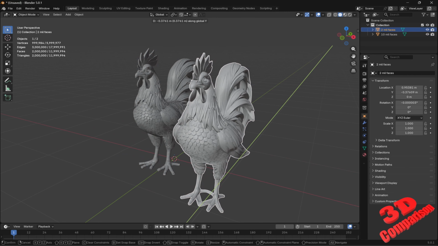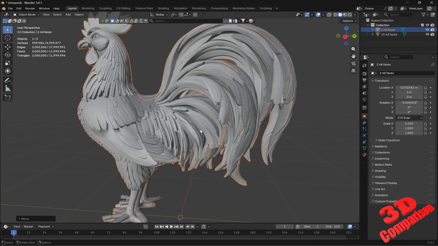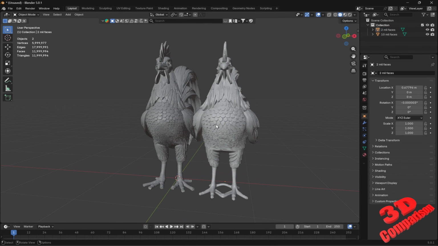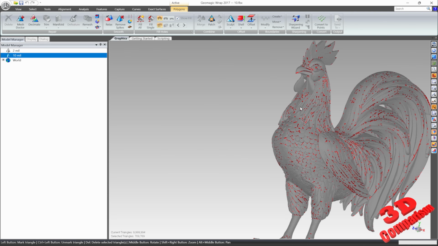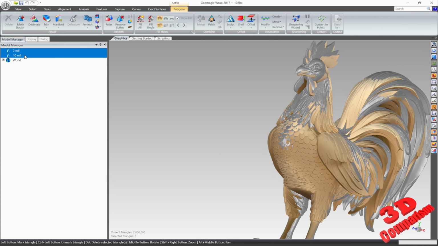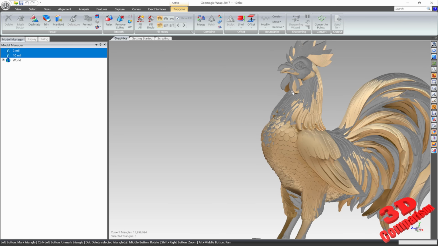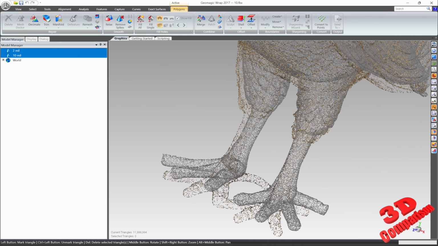Now, these two meshes, if I'm going to overlap them, keep in mind that they weren't within the same input, so I didn't fork them, I just uploaded them twice, and we see that they will overlap as follows. And within GeoMagic, again, if I show both, we're going to see that they overlap like this. We can do a deviation analysis over here, but we do see that there are some changes. For example, on the rooster head, those are most obvious. We see those two different meshes, but on the tail as well, and again on the legs,